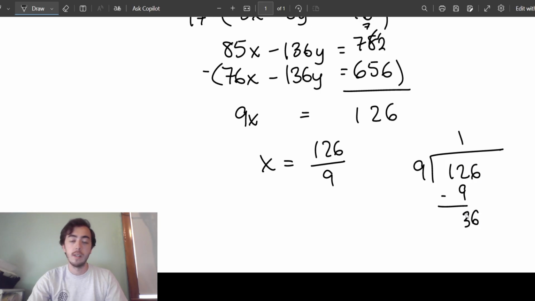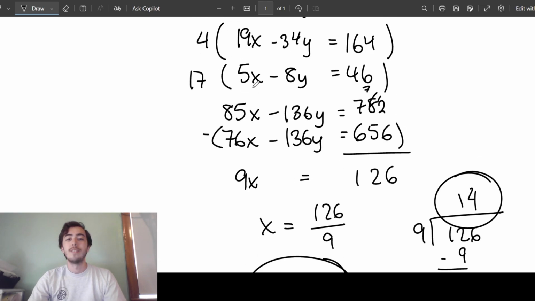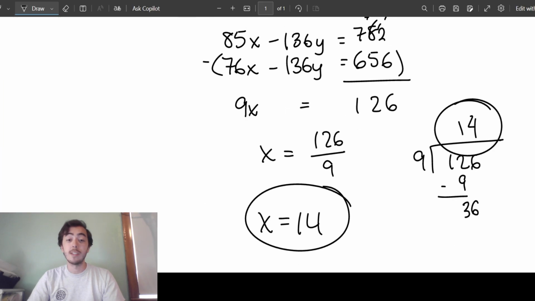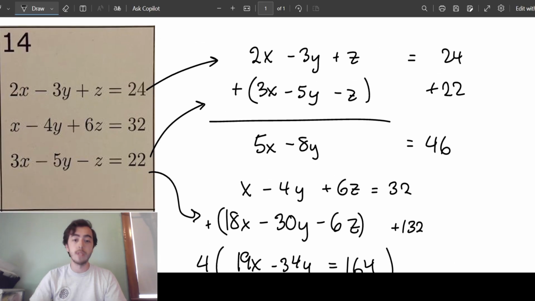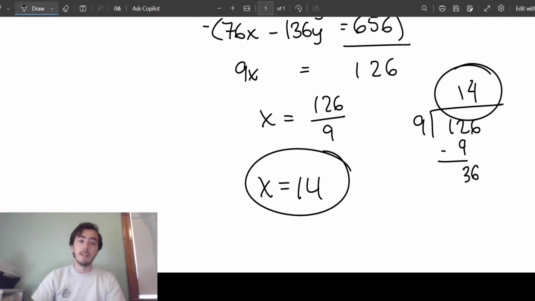Drop down the 6. 9 goes into 36 exactly 4 times. And that shows me that x is indeed 14 today. So that's kind of like the classic way to solve it. And it takes a while, right? It takes like these 2 steps to eliminate the z variable, eliminate the y variable, and finally we know what